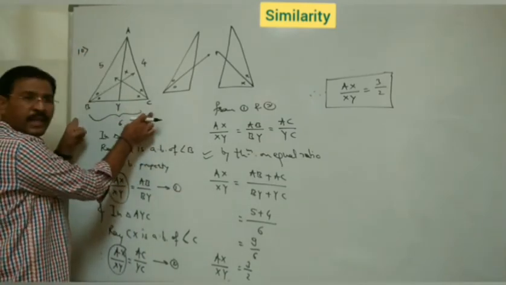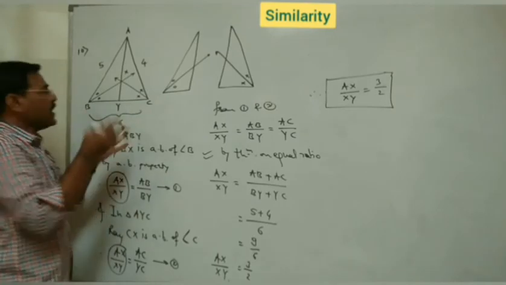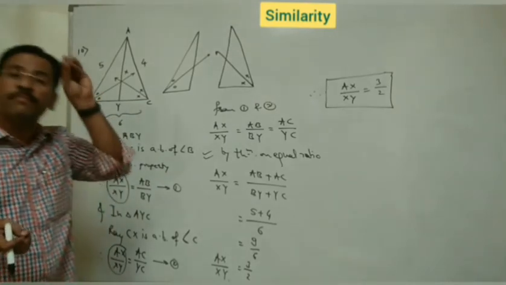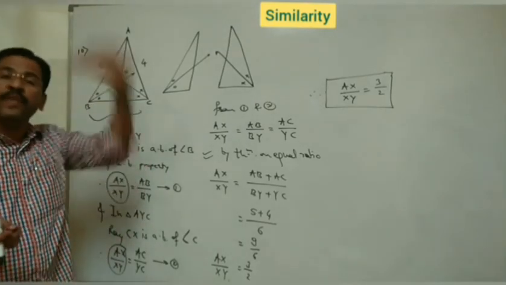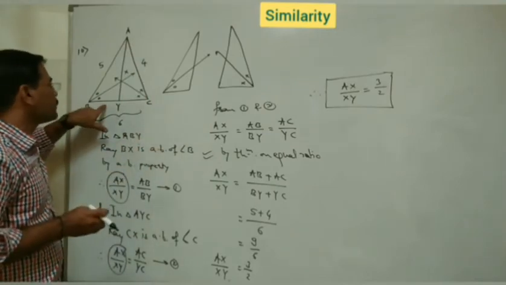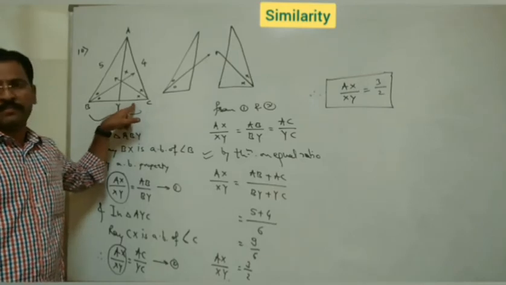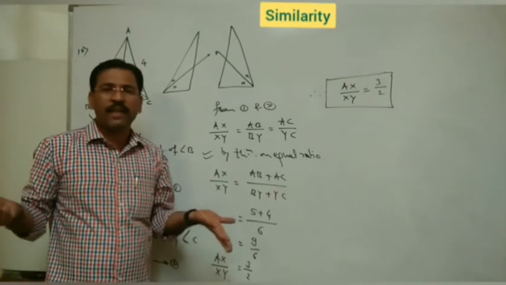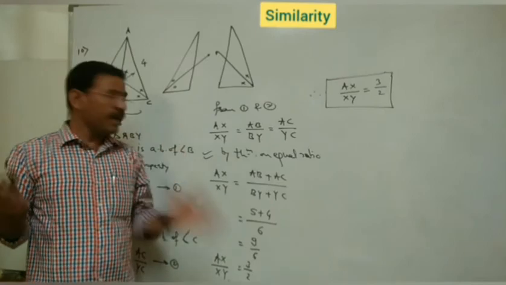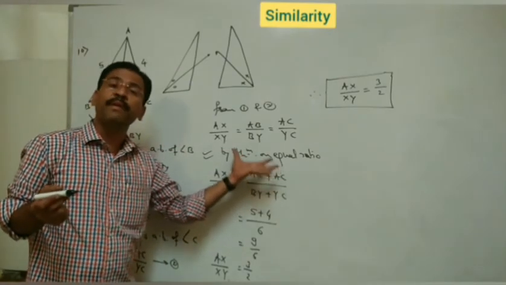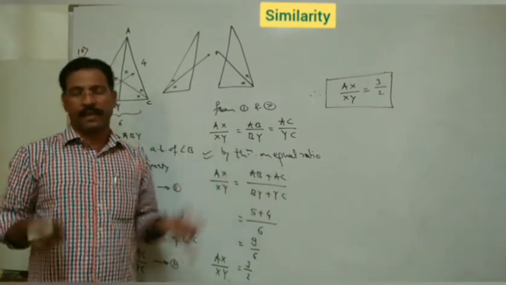We know BC, we cannot mix it separately here. Sometimes some students think, if you suppose here X, then we can write YC as what? 6 minus X. Try to solve. If that also comes, okay, no problem. But remember, these kinds of previously proved properties we have to apply.